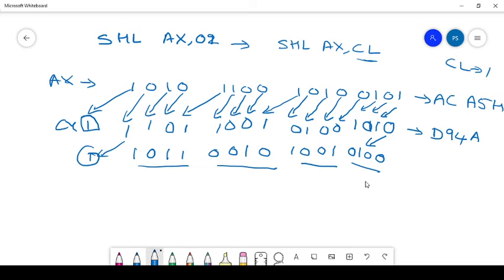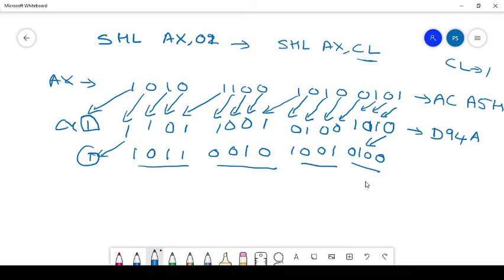Please shift right. SHR. So each bit will be shifted by one bit right. 1 0 1 0, and go on like this 0 1 1 0 0 1 0 1 0 0 1 0 1,